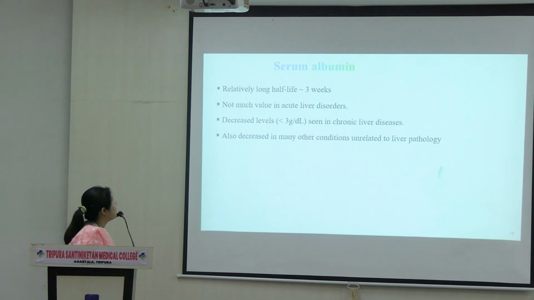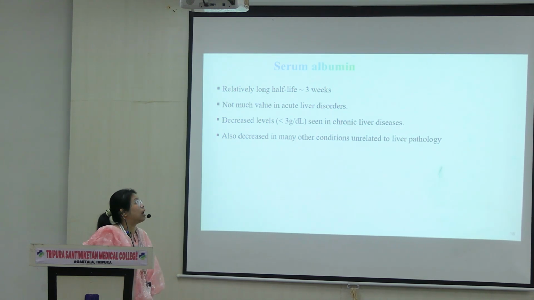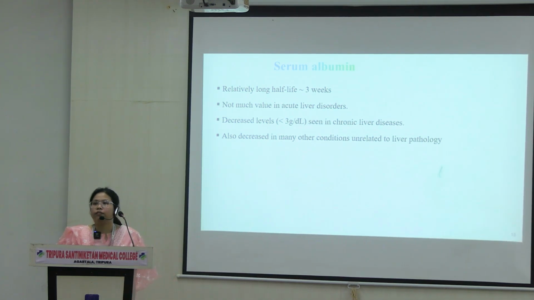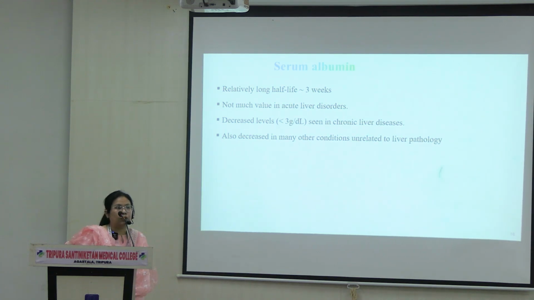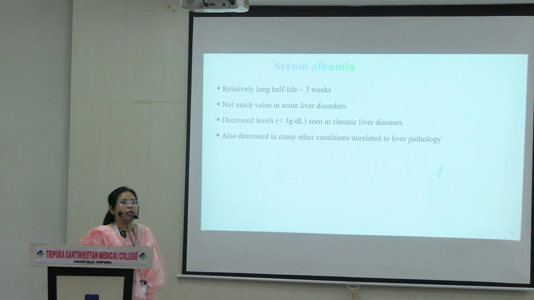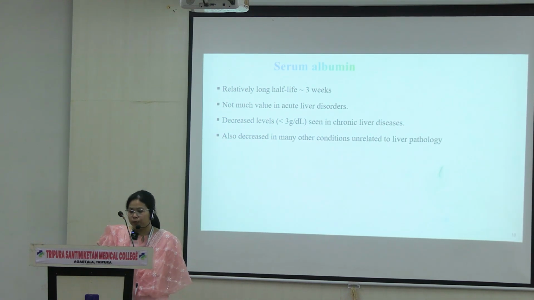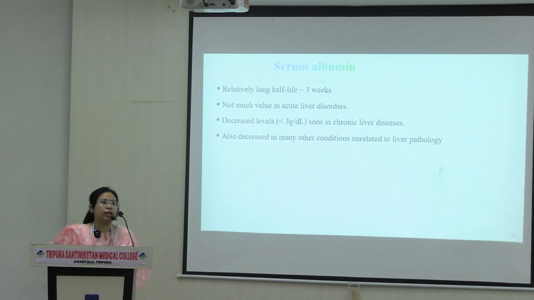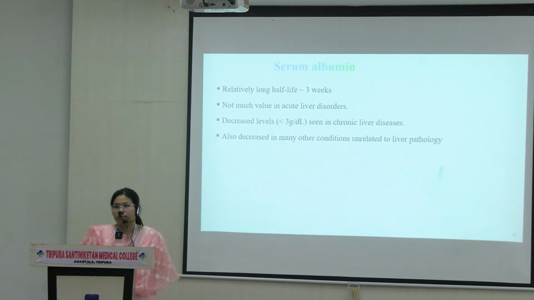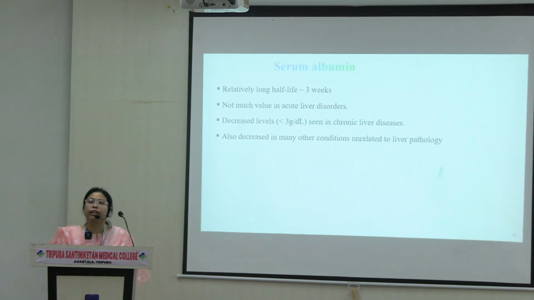Coming to albumin. Albumin has a relatively long half-life. What is half-life? Half-life is the time that albumin takes to become half of its concentration in the body. मतलब albumin अगर अभी raise कर गया, it will stay raised for about 3 weeks before it comes to half of its normal concentration. तो अगर हम albumin को measure करें, हमको जानना है कि if the liver disease or injury to the liver में कोई भी dysfunction है, वो acute है कि chronic है, कब से शुरू हुआ, we will not get to know it.